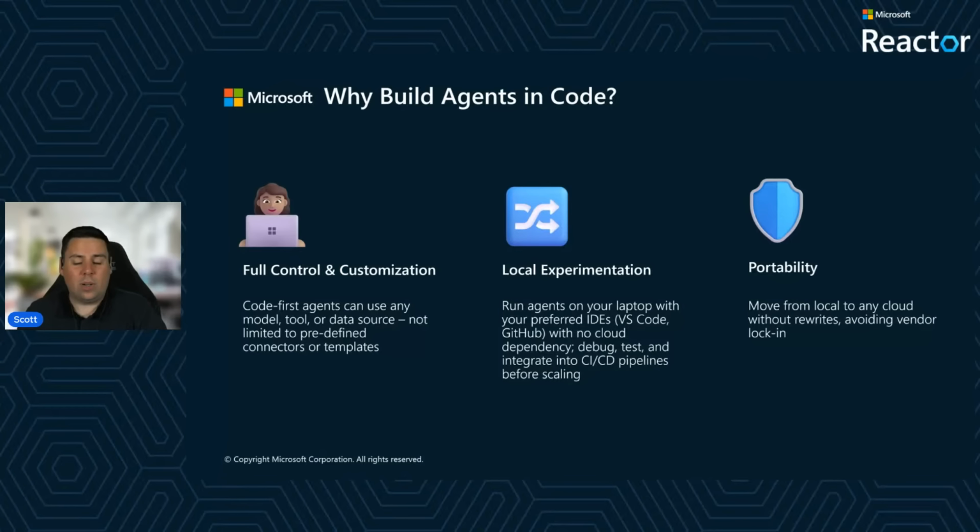hosted. One of the nice things about the Microsoft Agent Framework that we'll look at in a moment is that it's open source and extensible. It's not a fixed product set, but rather a library that you can build on top of. This means that you might be running the agent framework in a restricted environment or in an on-premise environment or in something like Azure Local, but calling out to a large language model maybe sitting on the cloud or sitting on some compute in a data center. That level of portability is something you only get from a library-based approach.